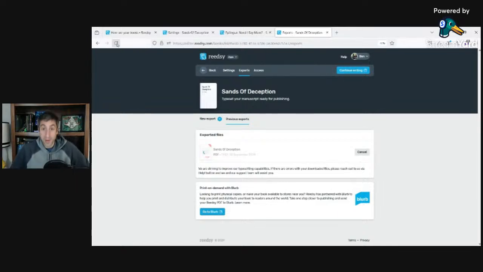And I just want to make a note because in my previous video, somebody asked me about page breaks, and I couldn't find out how to do this exactly in Reedsy. So the functionality may be there, but I don't know how to do it. One possibility would be to add a blank page, except that throws off the entire table of contents, as you saw when I had blank chapters in there. So I don't recommend using that strategy.